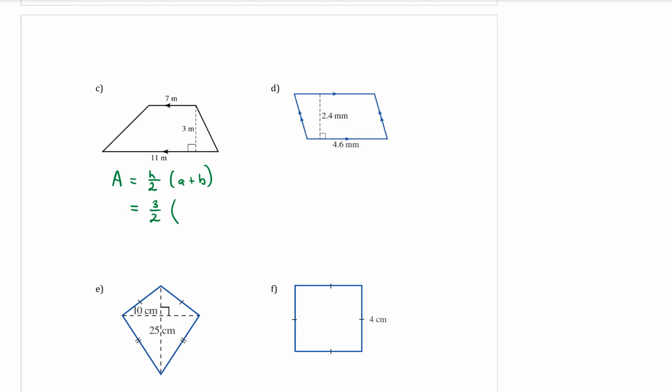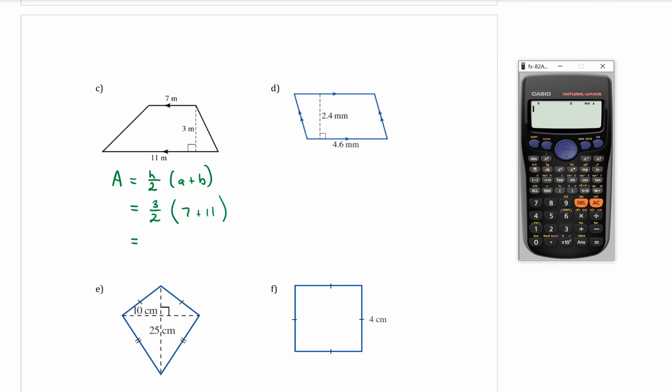The A and the B are the two parallel ones. It doesn't matter which one is which. So I'm just going to put 7 plus 11. So typing it in. So that is 27